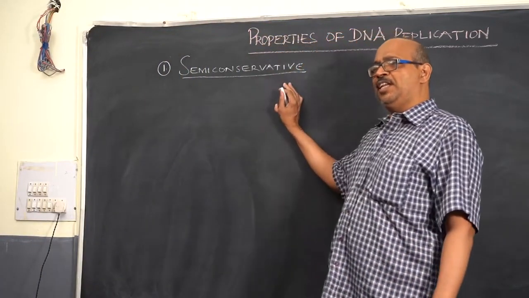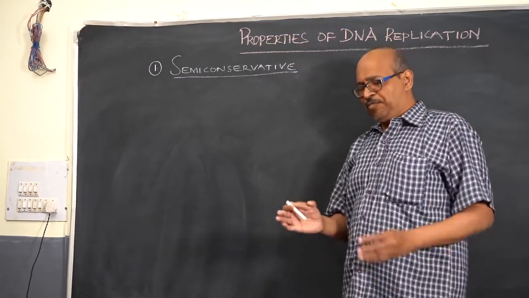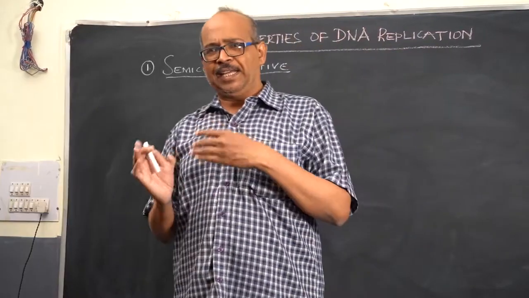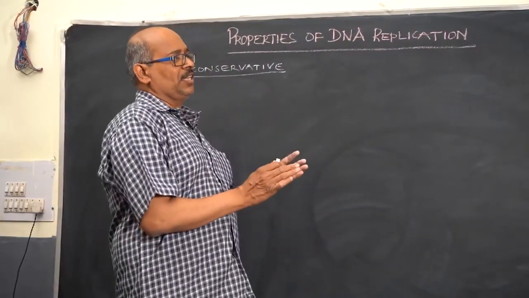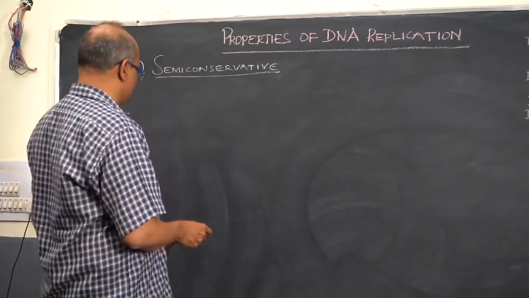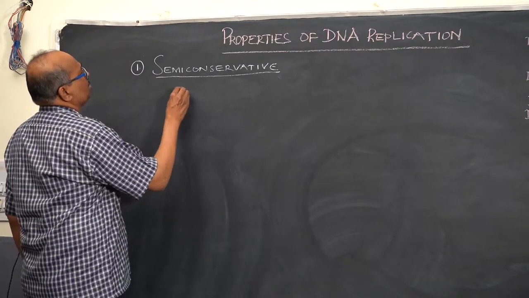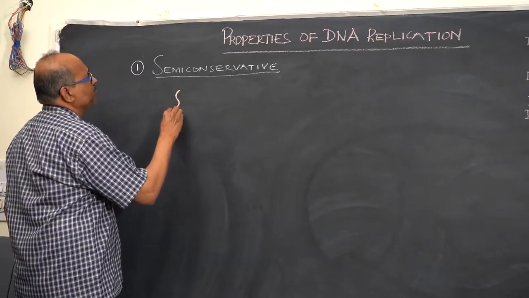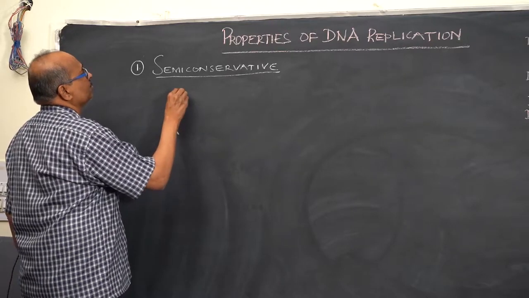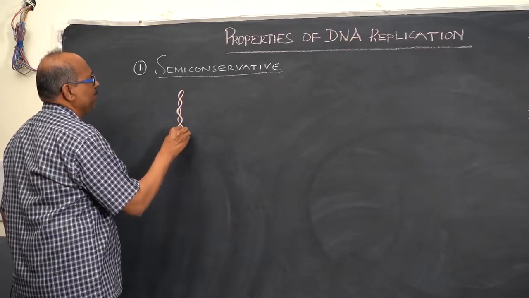So whenever a new DNA molecule is synthesized, 50% of that will be parental one, 50% of that will be newly synthesized. So if this is the parental DNA,